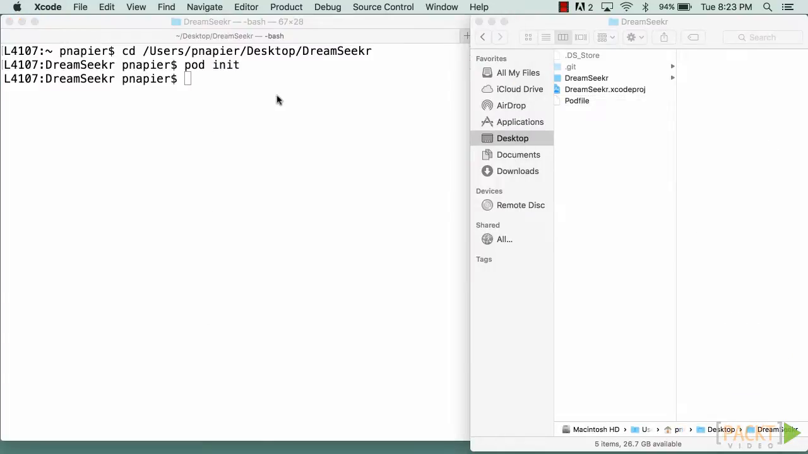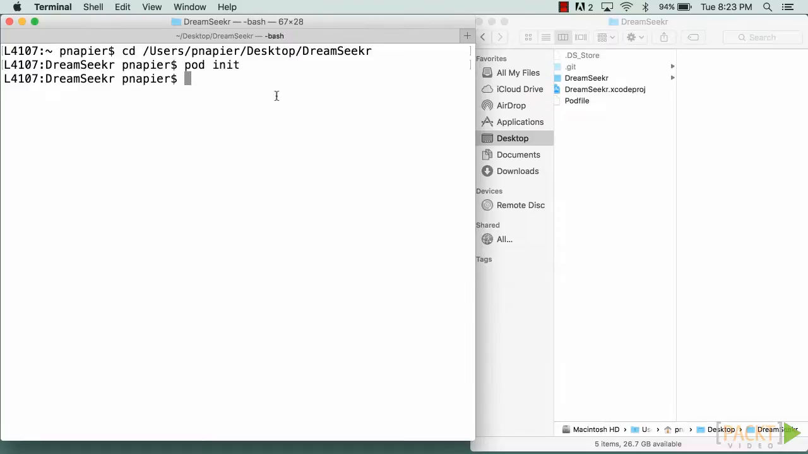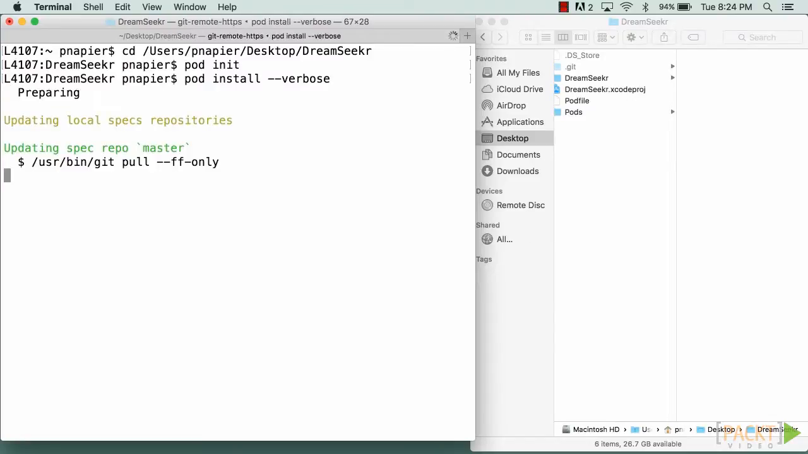Again, I'm going to keep these two windows running side by side so you can see the process happening at the same time as the folder. I'm already in the project directory, so I'm going to type pod install. And I'm going to add the command --verbose so we can see the full output of what the gem is doing, and then press enter. As you can see when I do this, CocoaPods makes a call up to the main CocoaPods library and updates